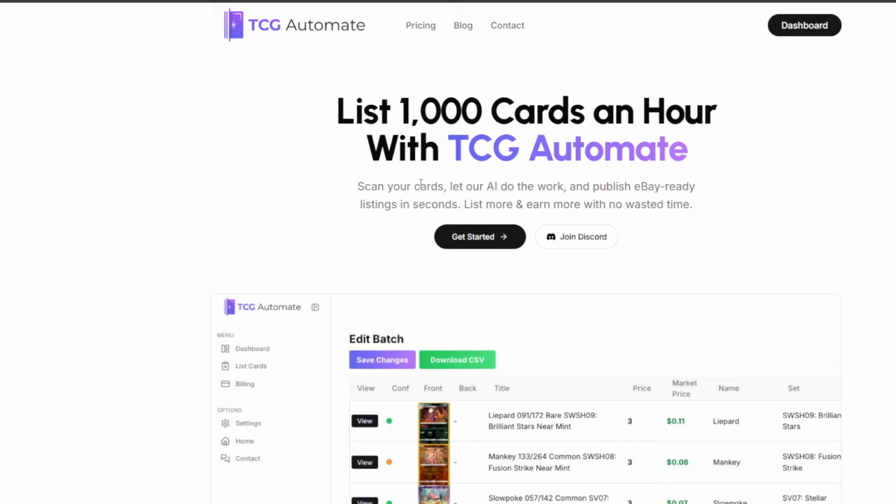That way, I know that I'm not paying for that subscription plus my eBay store subscription. So this would save me money and guarantee that I'm not spending all the money I earn on eBay back into keeping it afloat. Now, I will say that sourcing cards is something that you do have to do, and